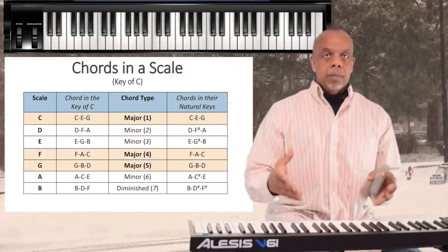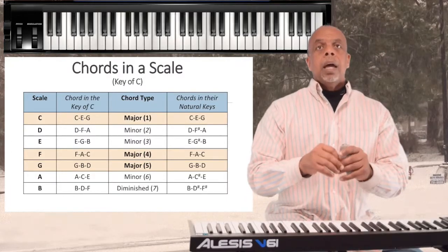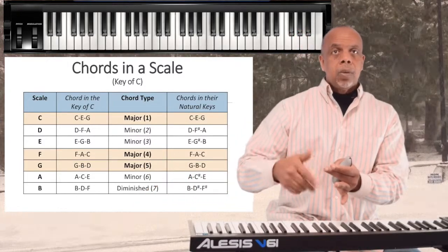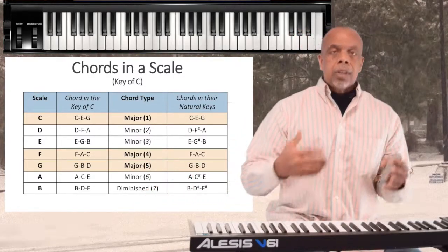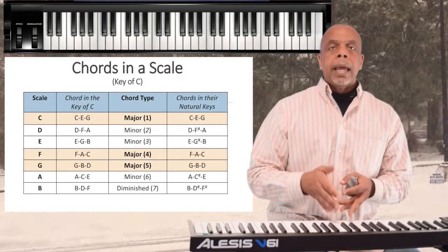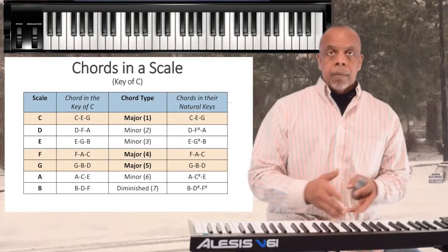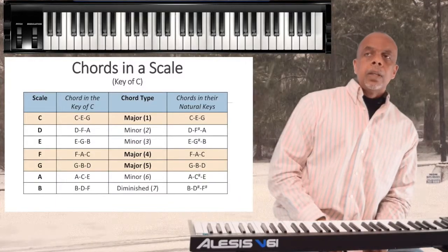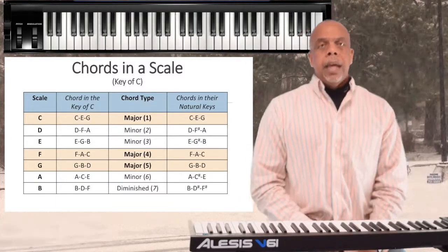So I took the scale. I started at C. I figured out the scale by using whole step, half step, whole step, half step. Then I took each one of those notes and I made a chord out of them. And now I can do that again in any key. I'm just using C. Okay, so now if we look at that,